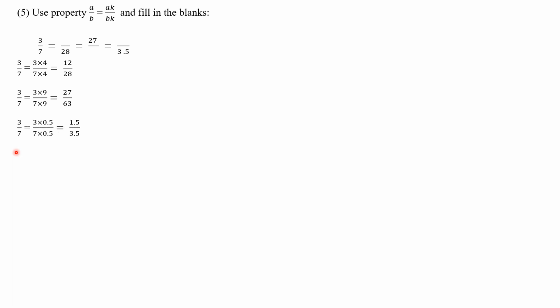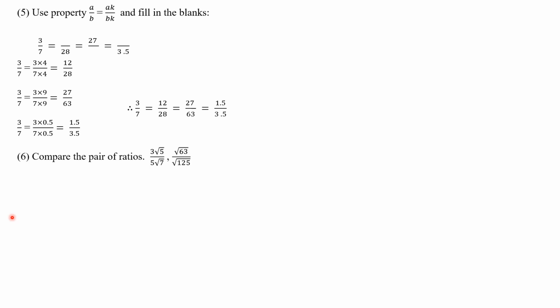Next, last one, 3 upon 7 equal to, you need to find the numerator over here. So it is already given 3.5. You know, students, 7 5s are 35. So I need 3.5. So I'll multiply 7 into 0.5. So I'll get 3.5. So numerator also I'll multiply 3 into 0.5. So I'll get 1.5 the answer. Is it clear? Now you'll fill in the boxes. So 3 upon 7 is equal to 12 upon 28 equal to 27 upon 63 equal to 1.5 upon 3.5. So when you simplify, if you reduce, you will get this number only 3 upon 7. Clear? Now moving to the next sum.